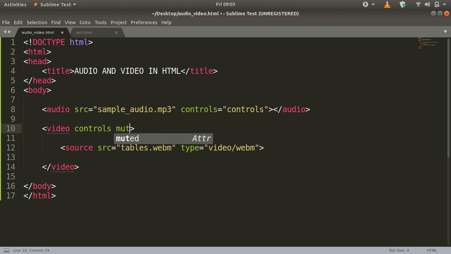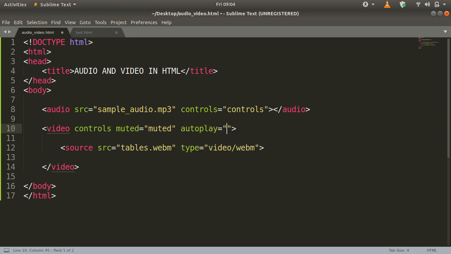So the next thing which we can do here is to set the different controls. The first one is muted, and you can always do muted and give the value of muted inside muted. So what it does is whenever the page loads, it is by default going to be a muted video. The next two attributes which I don't prefer are autoplay and loop.